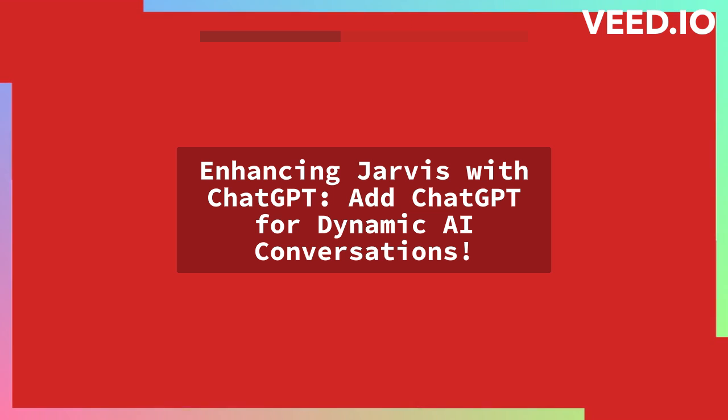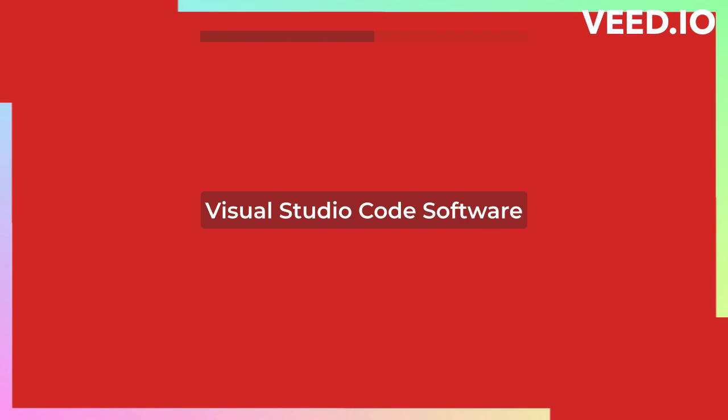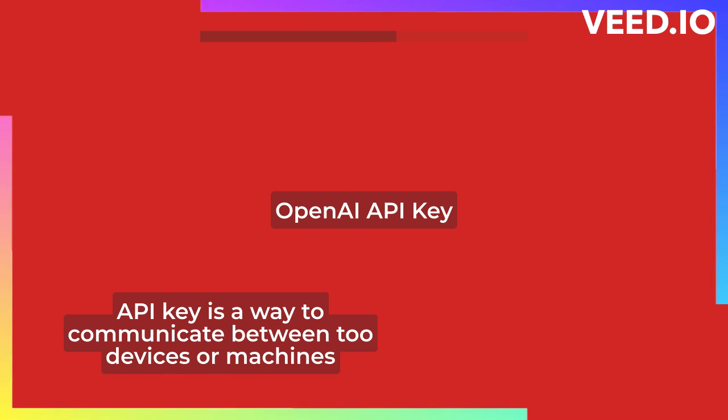Step 1. Setting up the environment. Make sure you have Python installed in your local environment and an IDE. The one I am going to use is Visual Studio Code. We will also need an OpenAI API key, which we can obtain by